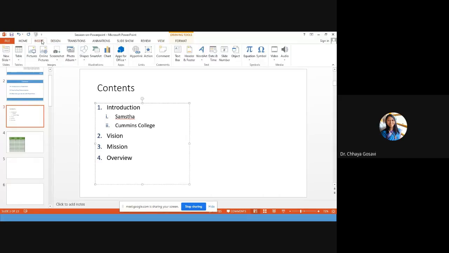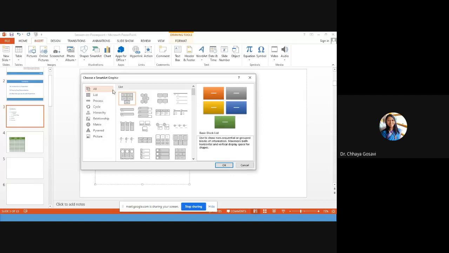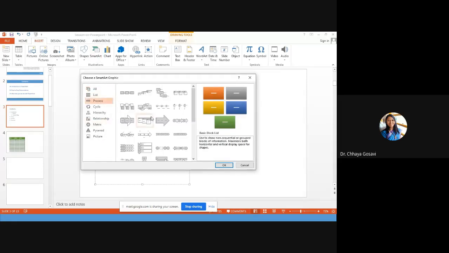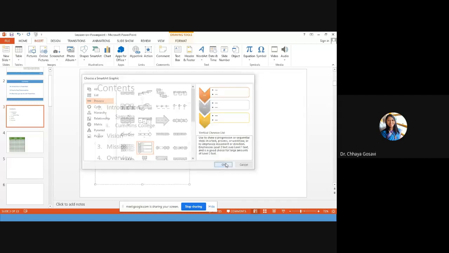Here, if I use a SmartArt, so I'm using this.